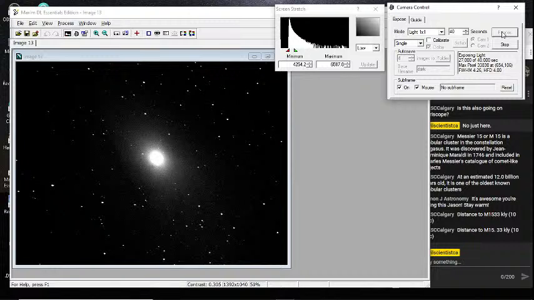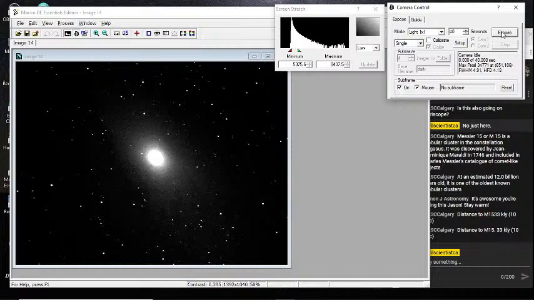This is the next closest galaxy to us. It's not the closest galaxy, but it's the closest galaxy to us that's large and looks like our galaxy. So that's what's kind of cool about it. It's also rushing towards us. So in about 4.5 to 5 billion years, it and our galaxy will collide and merge to form an even bigger galaxy.